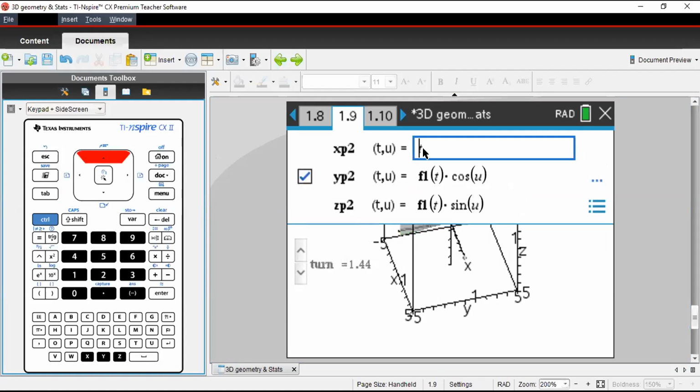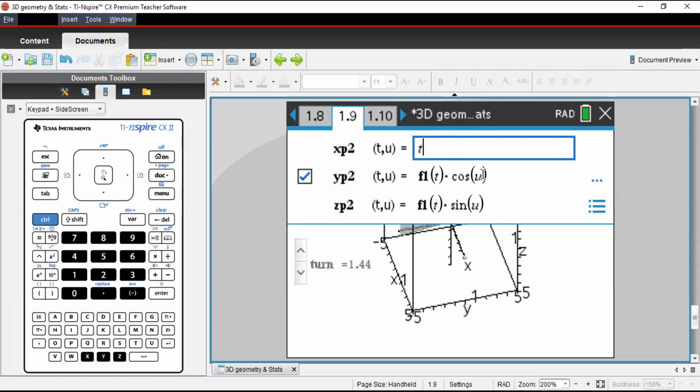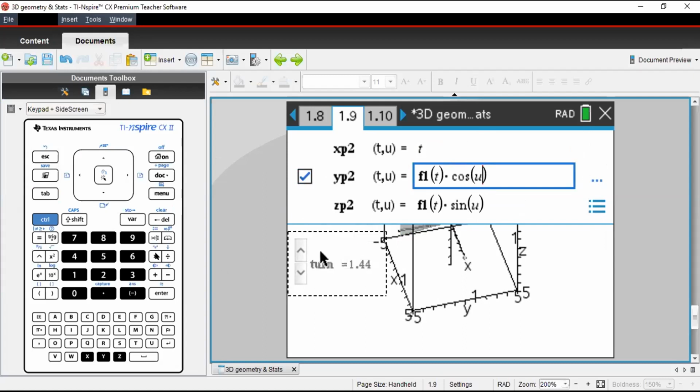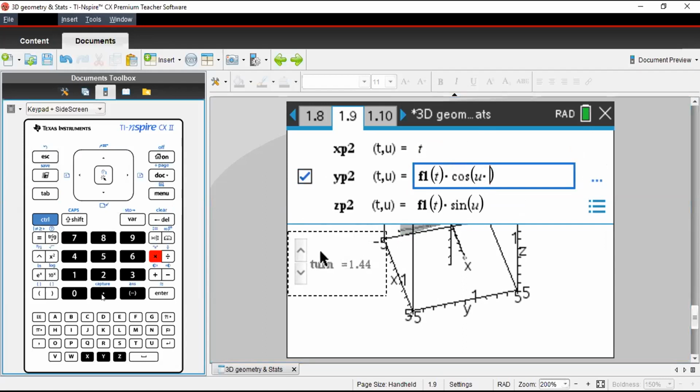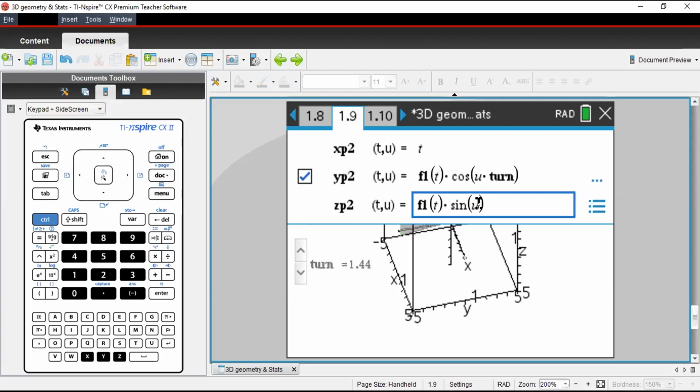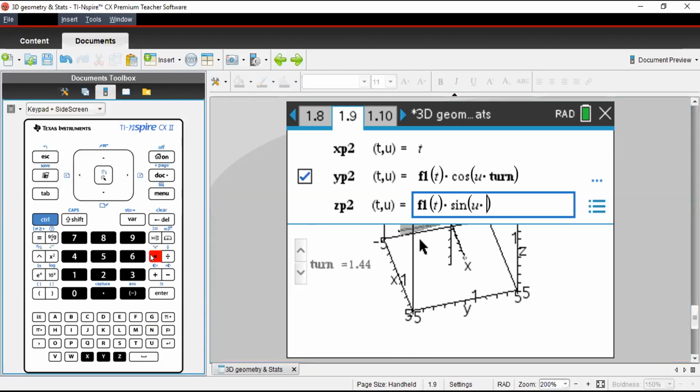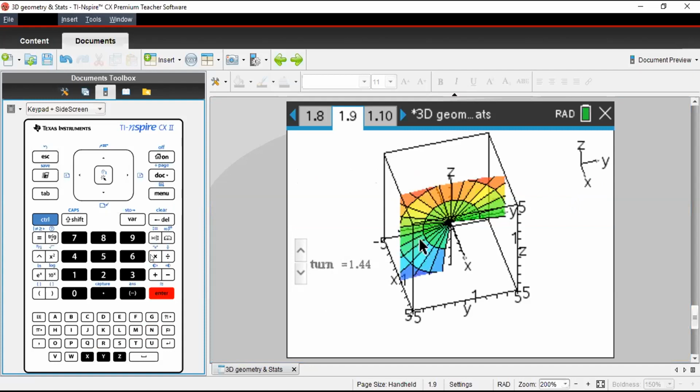Up arrow here. Now, instead of just defining cos u, I can define cos u multiplied by the slider term. You can see it in bold. I am just connecting my slider to the model. Similarly, it goes here: sin u into the slider name, which we have given as turn.